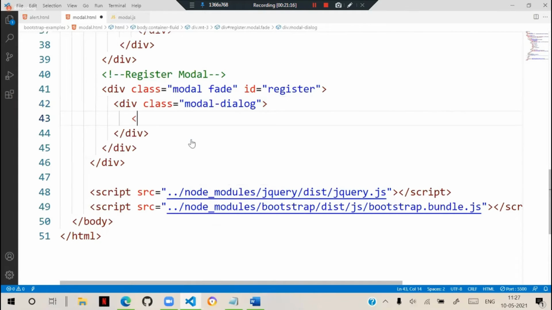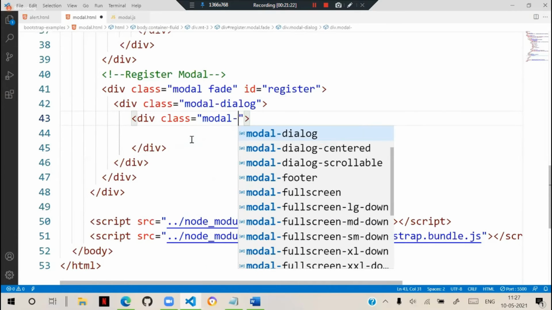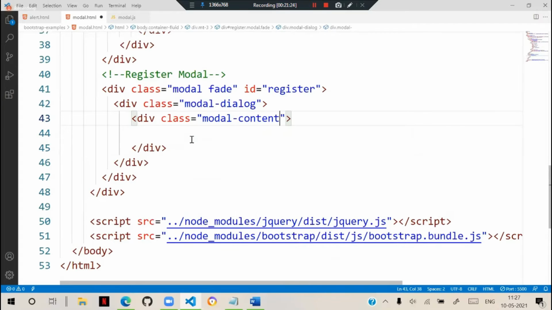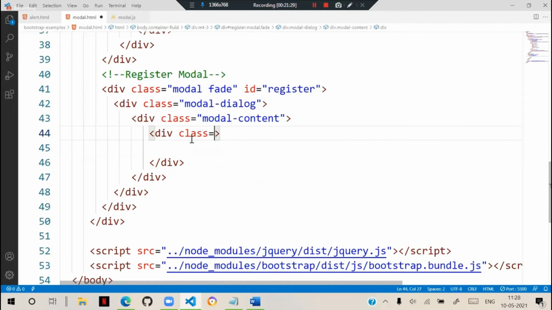In this, we have to keep another class, the model content. And in that, we have a div with the class as model header.